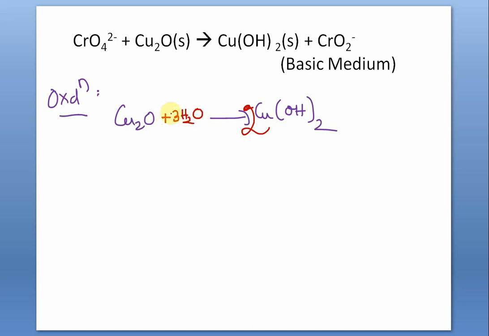Second rule is finished. Now the third rule, unique to basic medium, alkaline medium. Now see how many hydrogen atoms are in excess. Excess, I repeat, excess. 3 2s are 6, and here 2 2s are 4. So excess hydrogen is 2. So if the number of excess hydrogen is 2, then immediately you have to add 2 OH minus in the same side and 2 water in the opposite side, breathlessly.